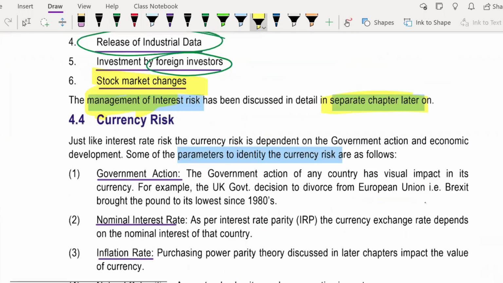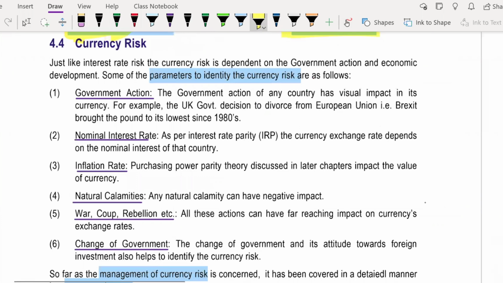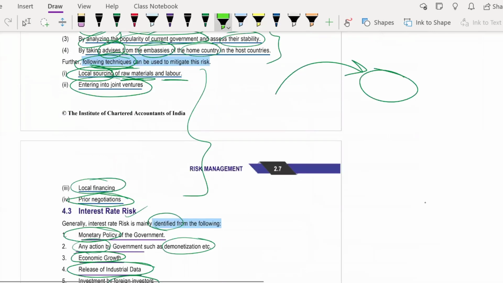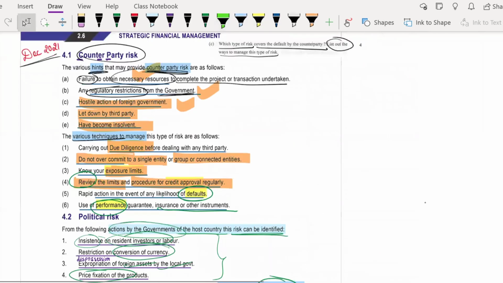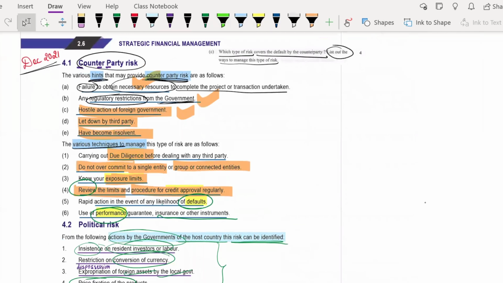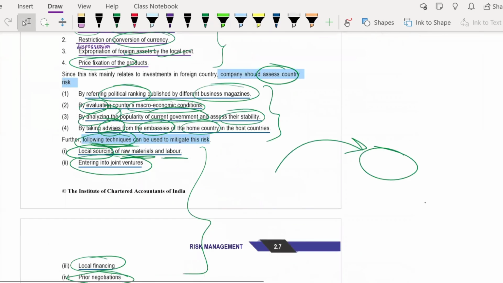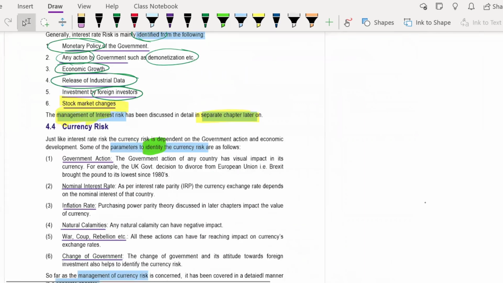Okay, then finally you have currency risk. So how you can identify your currency risk, we are going to understand now. I hope until now you have understood. I'll just take a pause so you're able to take all of it in. We discussed counterparty risk, political risk, interest rate risk, and now we are finally on to